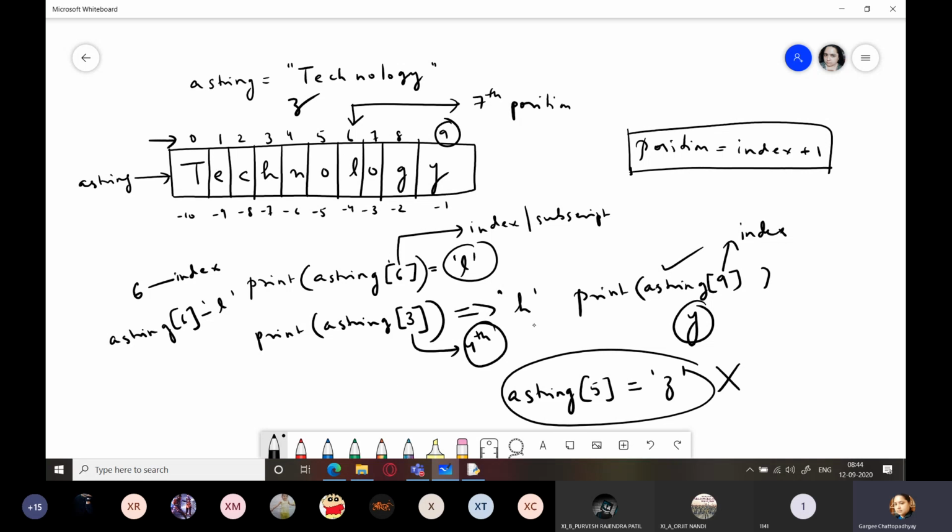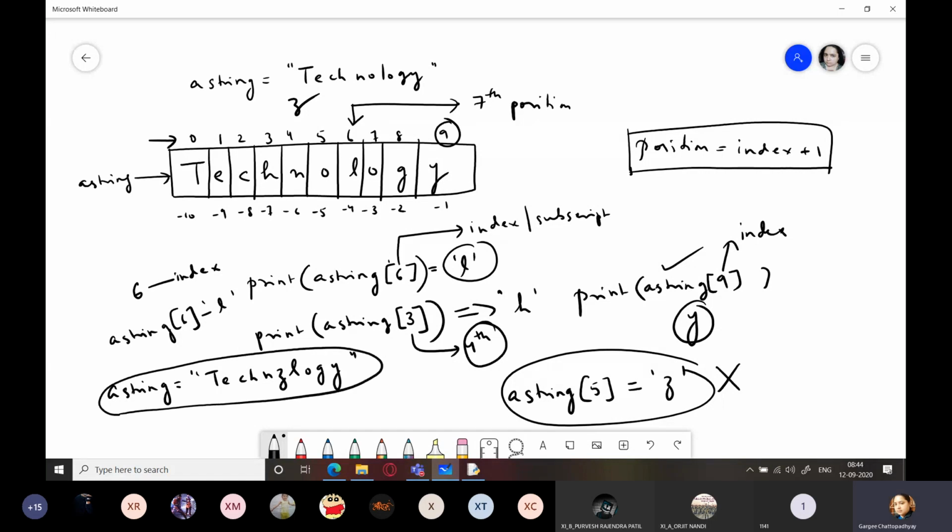Python will not allow individual character assignment within a string. If you are very much determined to make it a Z, then you have to write the assignment statement like this: a string equals... You have to write it like this.